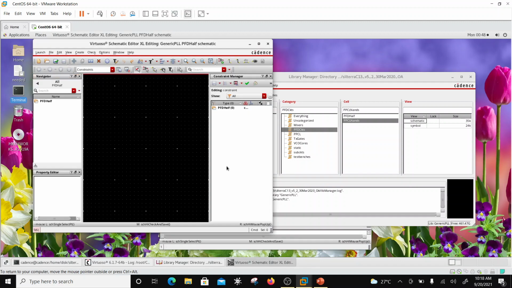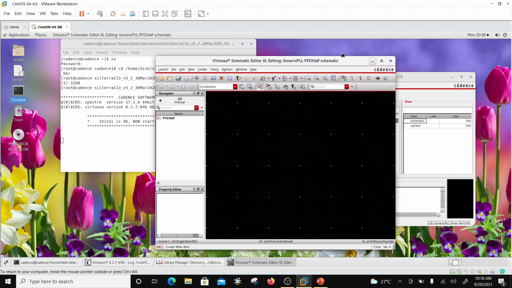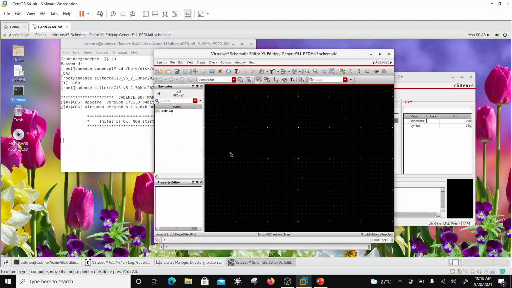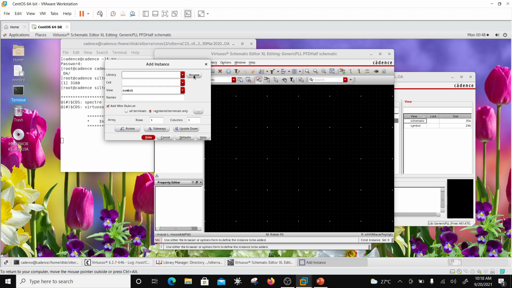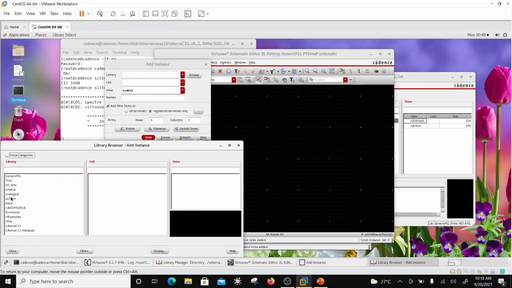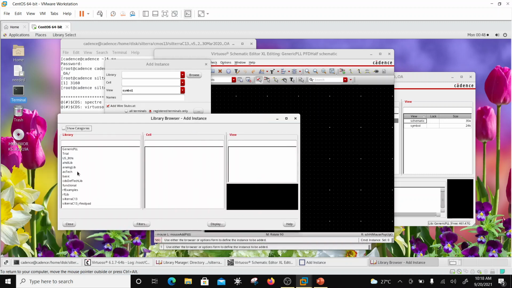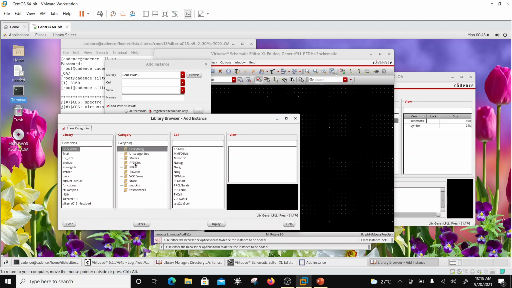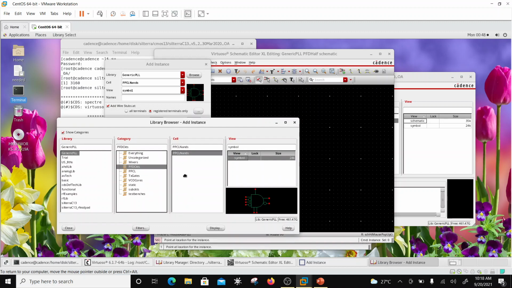So I'm going to do half functionality, right? So in this case, all I need is a NAND gate, right? So I will say insert PPCL NAND, which is going to be here, PPCL NAND gate,